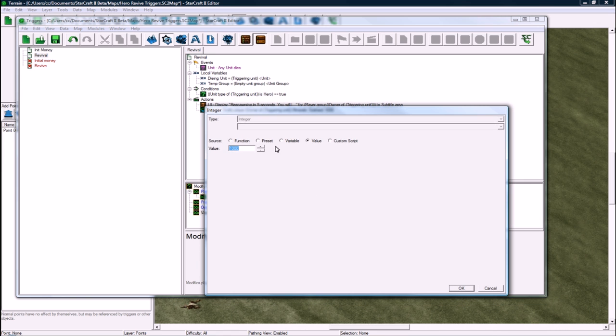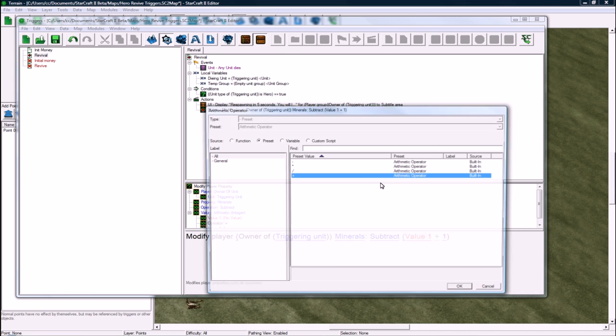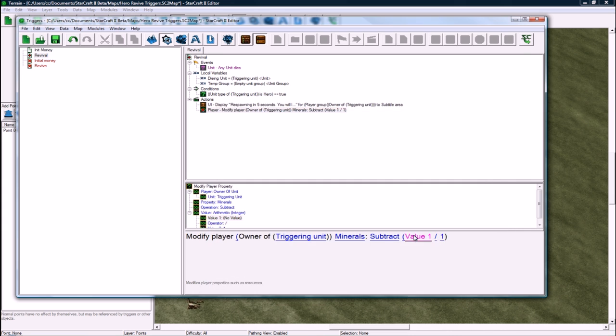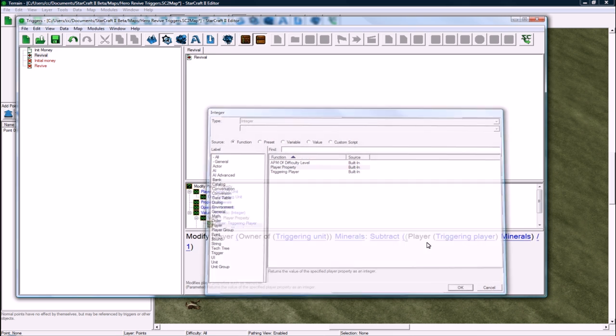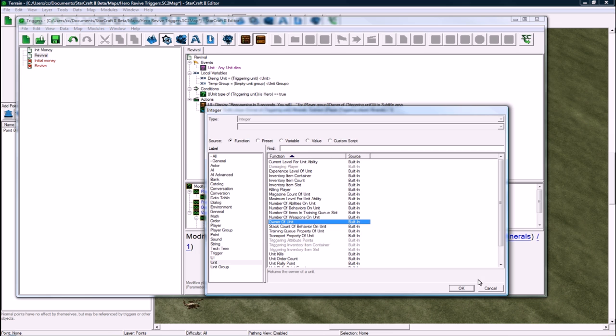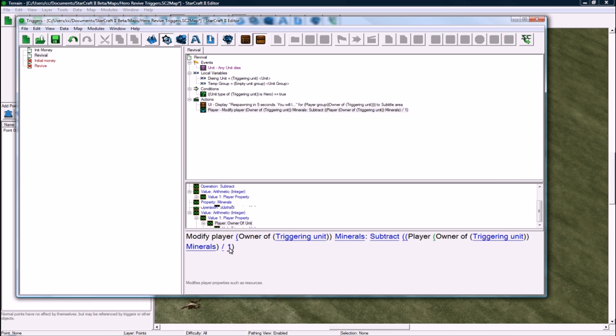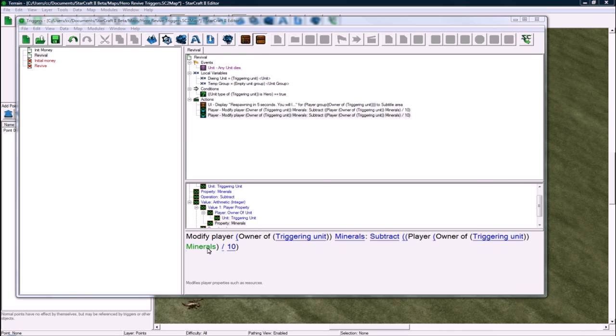And we're going to change the value to be a math arithmetic. And it's going to be the plus sign, make it a dividing sign. And the value is going to be function player property. And it's going to be, instead of triggering player, unit owner of triggering unit minerals divided by, and then now change the 1 to a 10. And let's copy paste this and change minerals to V for Vespine. Okay, so we subtracted your minerals and Vespine, and now we want to pick all the items owned by that